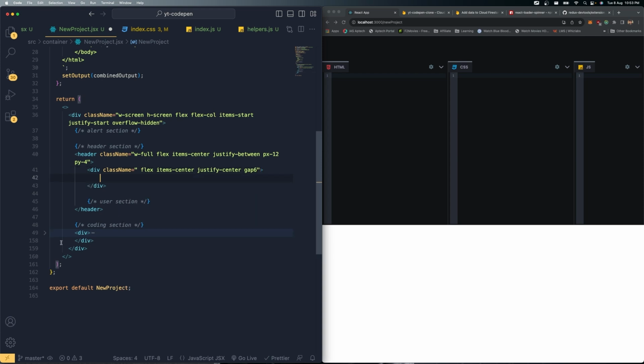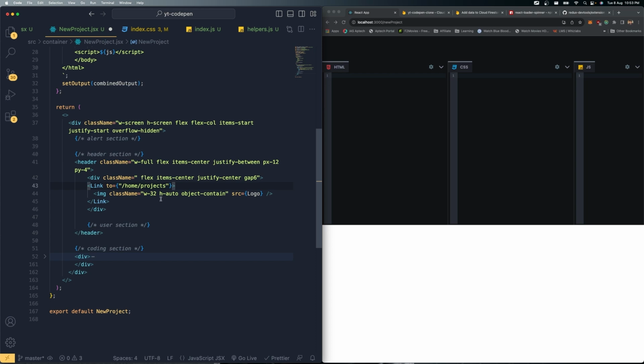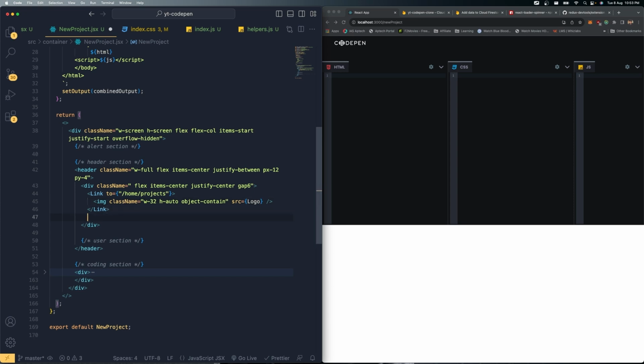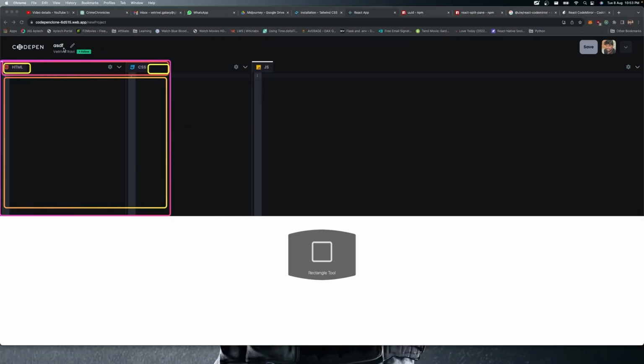Now I'm going to bring that image, which is exactly the same thing which I copied from the home. Import this and import the logo as well. So save these changes. Now you should be able to see the header, the logo. Then right after this link tag, I'm going to create a division. So basically you can see this is the entire division. If you have a look here,